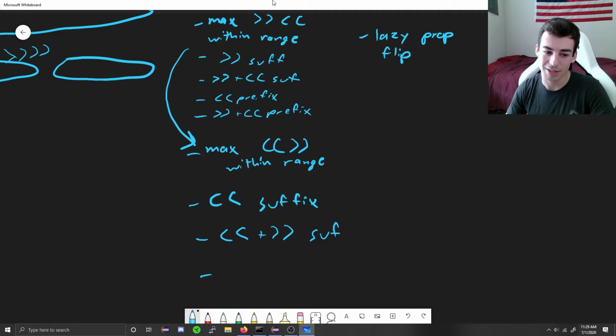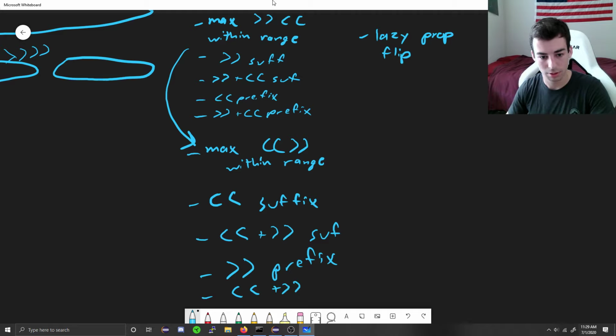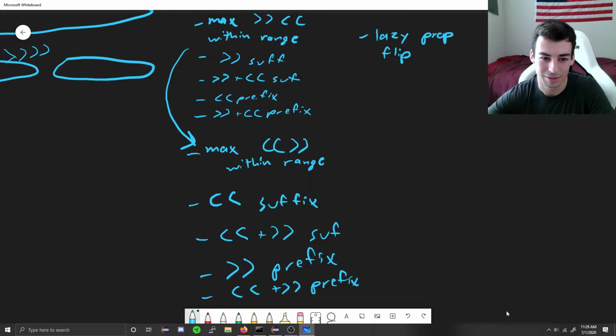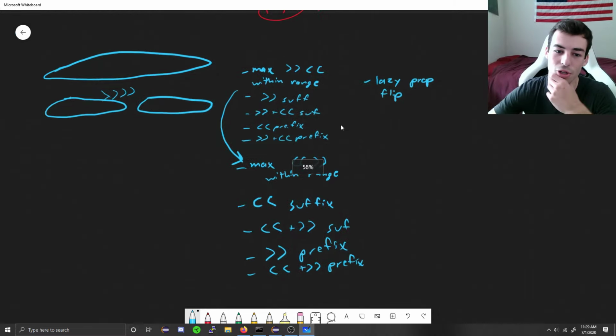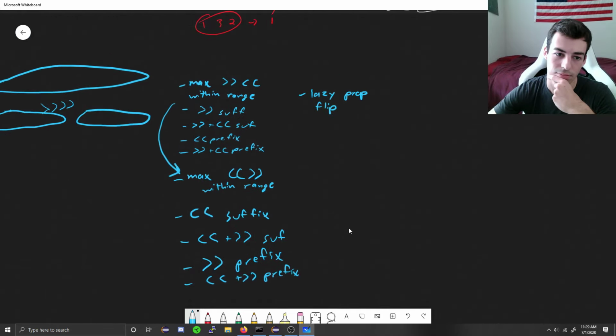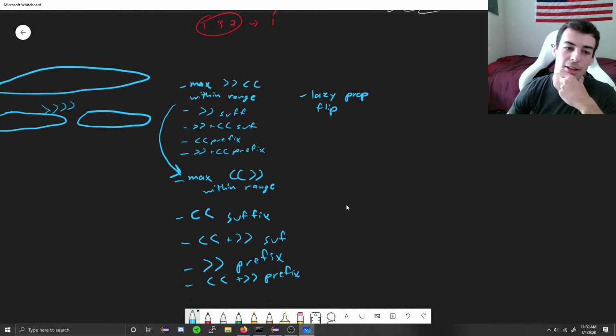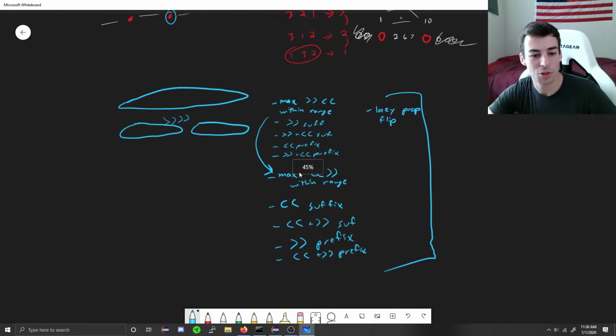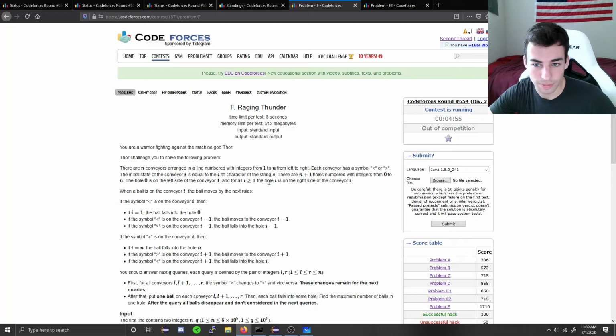So there's a lot of maintenance here. We would need this prefix. And then we would also need this prefix. So, oh man, darn dude. Well, that's unfortunate. Yeah, and then you can maintain all of these things. So it's an easy segment tree problem, just with a lot of work to do, which I won't be able to